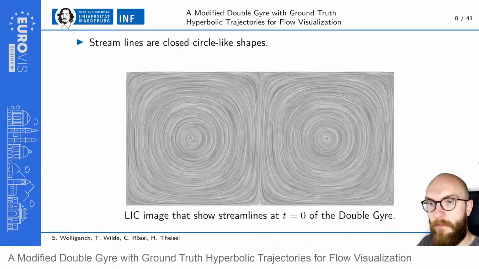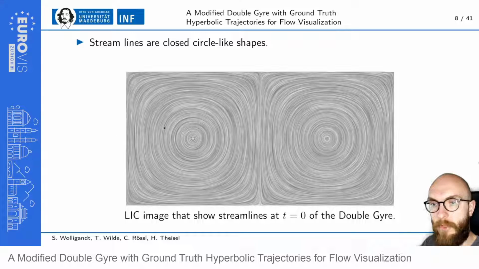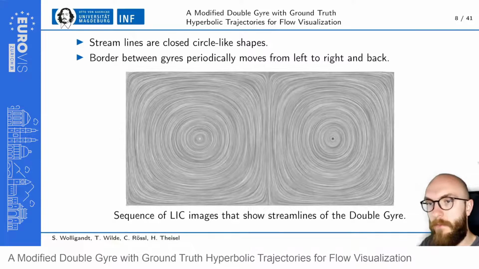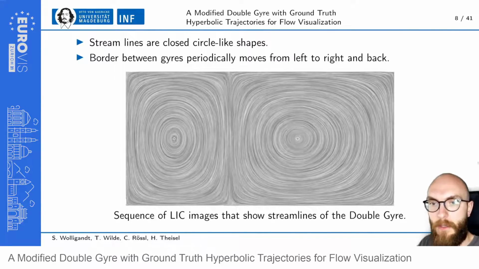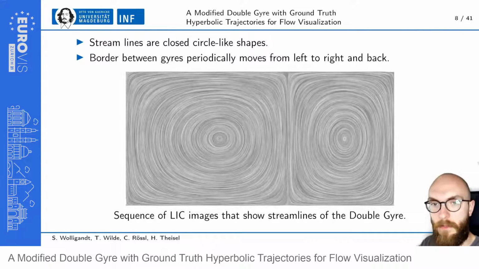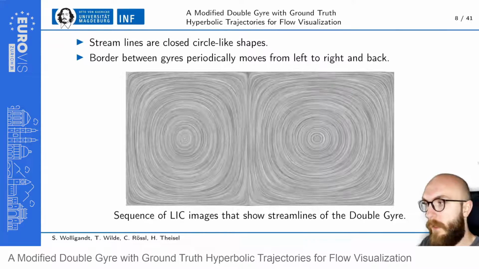And what does it look like? Here you can see streamlines of the double gyre, or streamlines of one time step. These streamlines show 2 gyres, this left one and this right one. These streamlines are shaped like circles, and we have this boundary here in the middle, and this boundary moves periodically over time from left to right and back. And these are the streamlines for different time steps. And now we can see